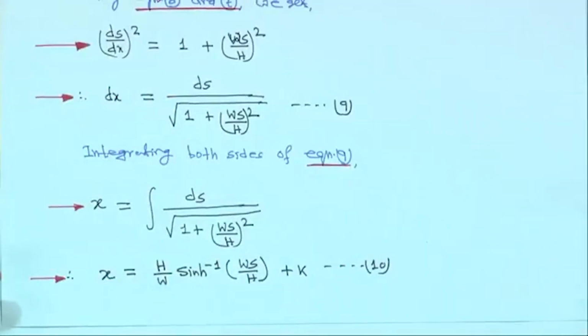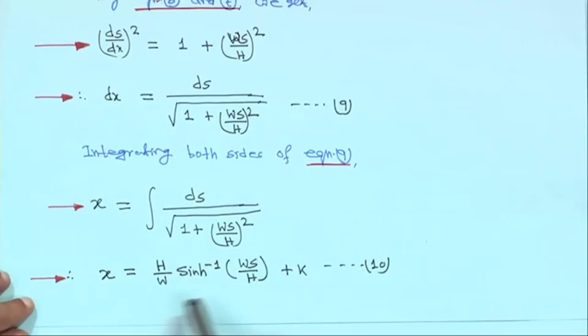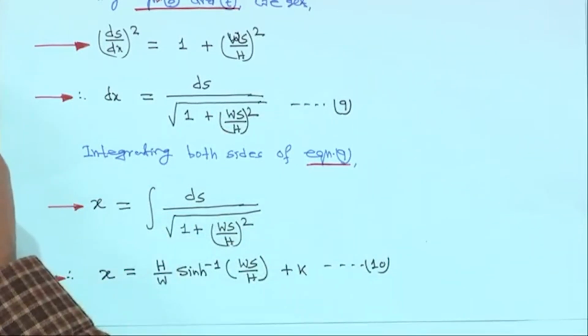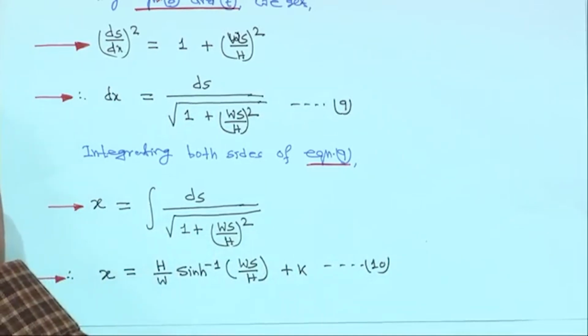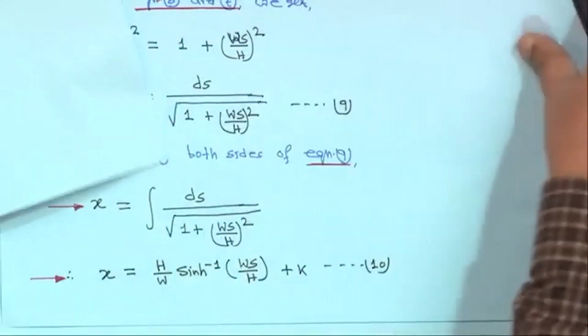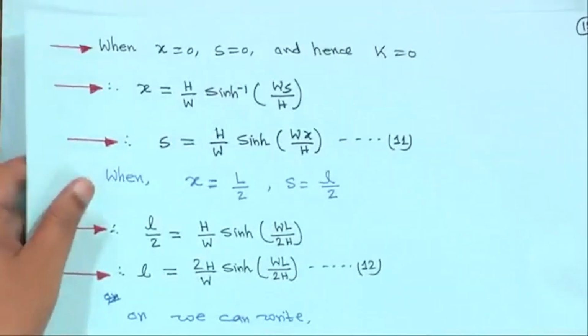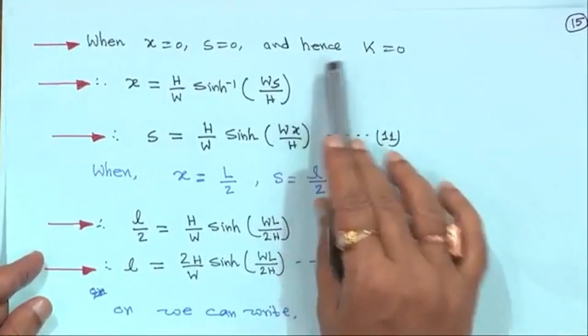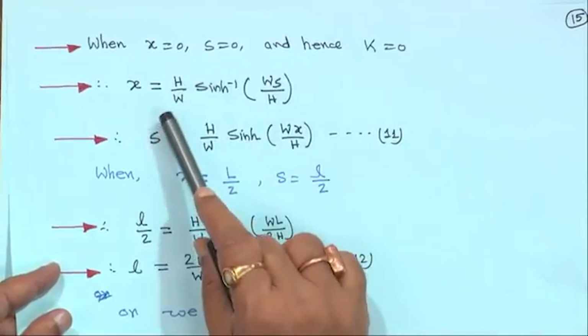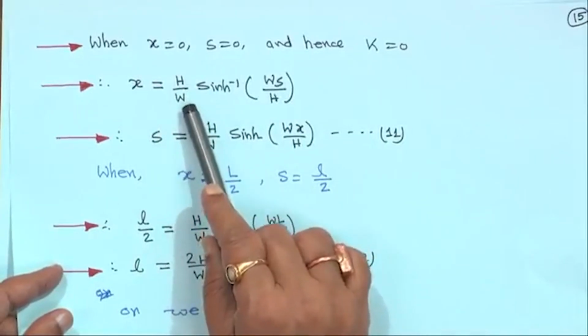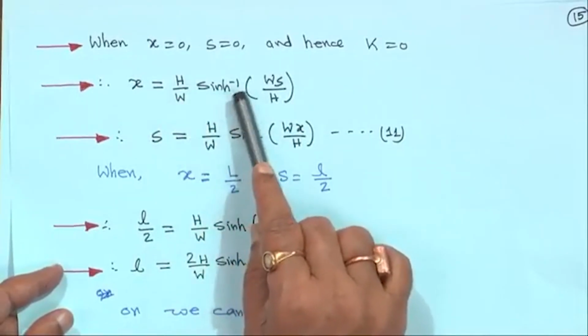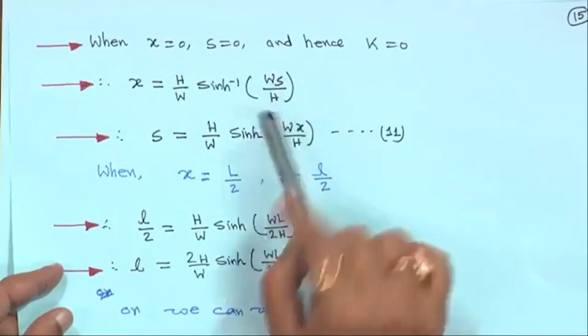Then you will find that k is equal to 0. So, in this case your k will become 0. Therefore, x is equal to h upon w sin hyperbolic inverse ws by h,